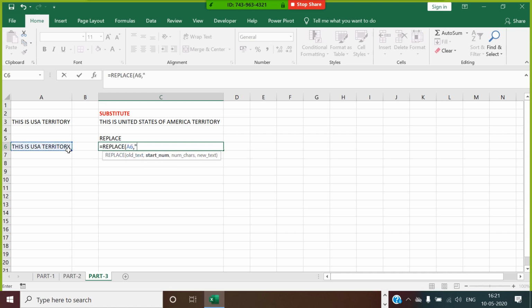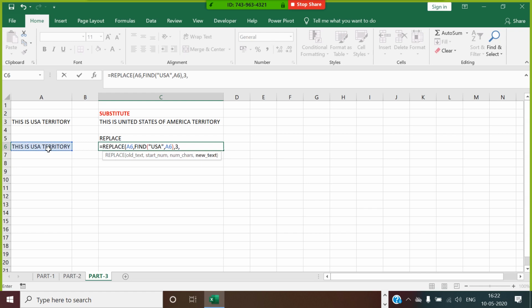Which is the starting position? You use FIND of USA within this. So wherever the starting position comes, up to how many characters you want to read? Up to three characters.